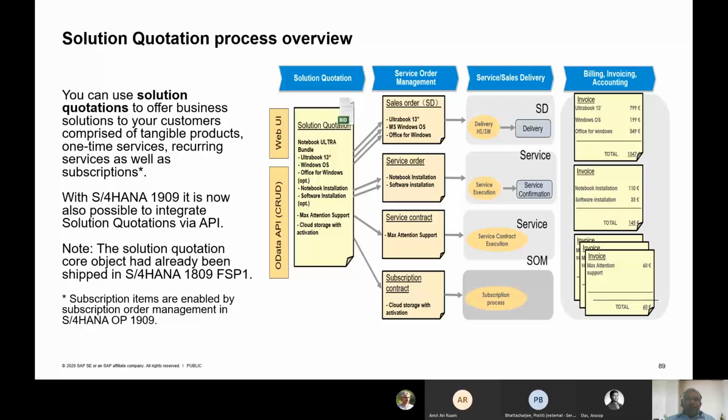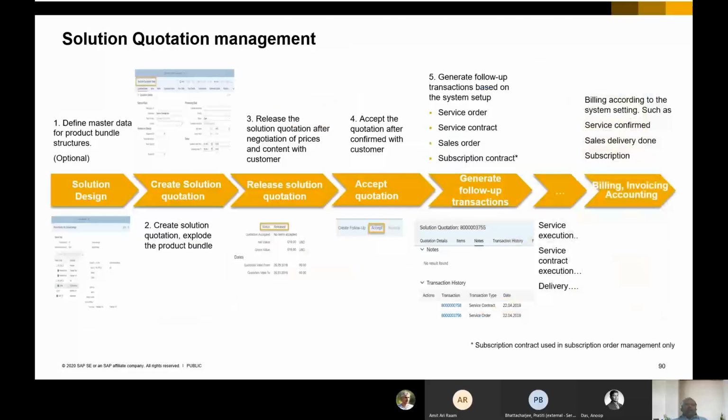I'll move on to the next slide, where it is slightly more detailed for the quotation, starting from the master data. How do we bundle my structure for master data with the solution quotation?